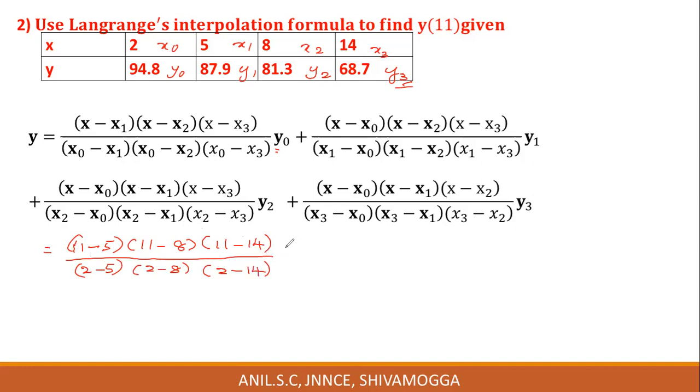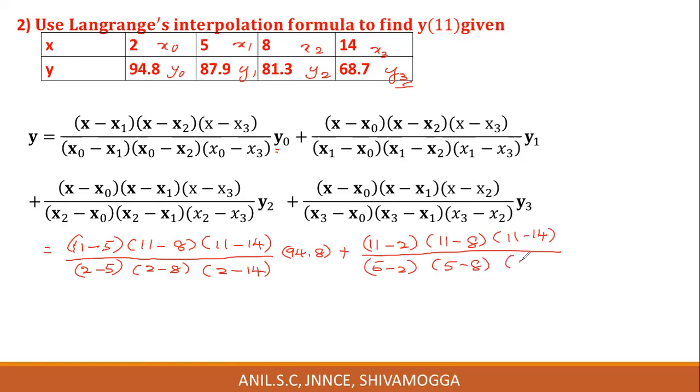What is y naught here? 94.8. This is y naught, plus x minus x naught. 11 minus x naught, x naught is 2. x minus x2, x2 is 8. x minus x3, x3 is 14, whole divided by x1 minus x naught. x1 is 5. 5 minus 2, 5 minus 8, 5 minus 14 into y1. What's y1? 87.9. This is y1, plus